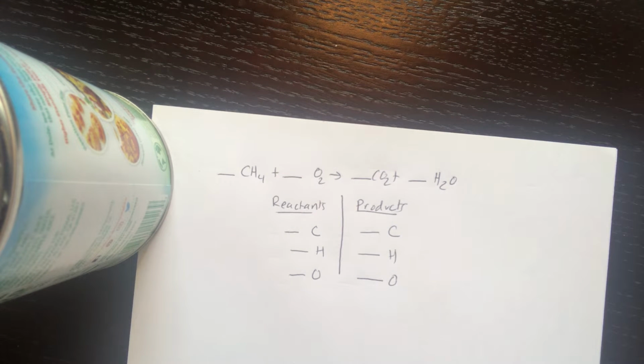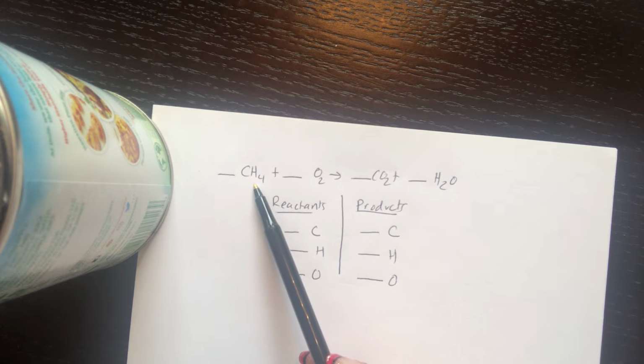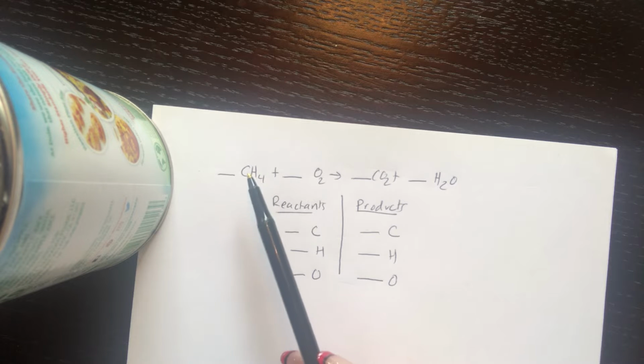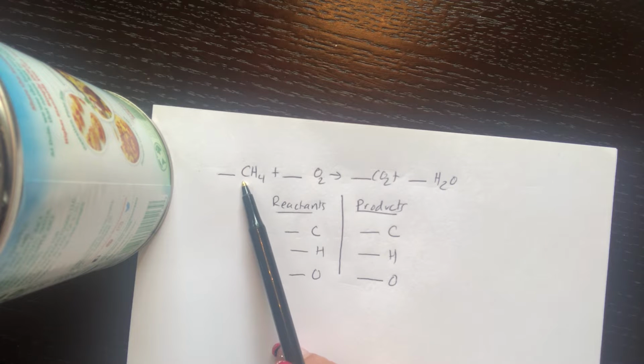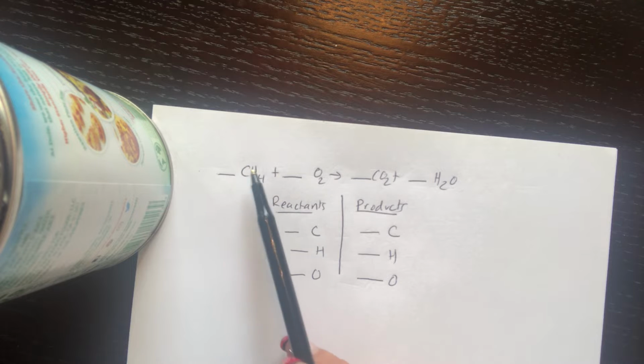I am going to balance the equation, which involves the burning of methane gas in our homes to produce heat. Also, the burning of methane gas in our stoves also produces energy to cook our food. Methane is CH4. To begin, I start by counting the number of atoms of each element in the reactants and